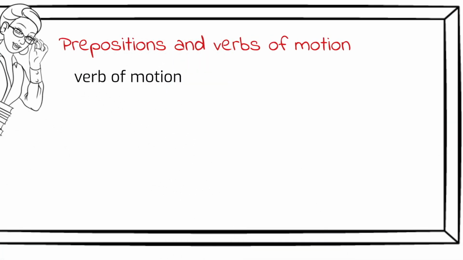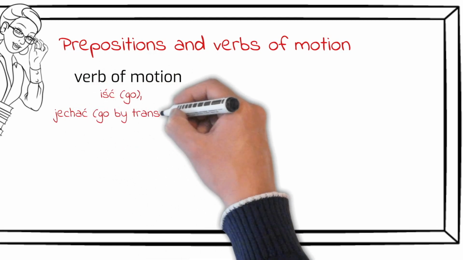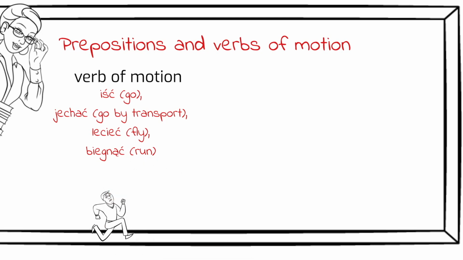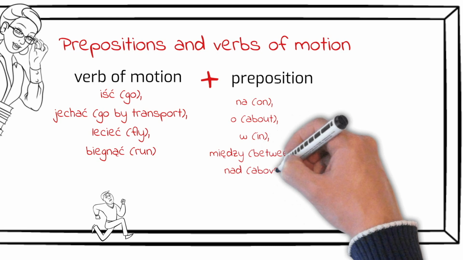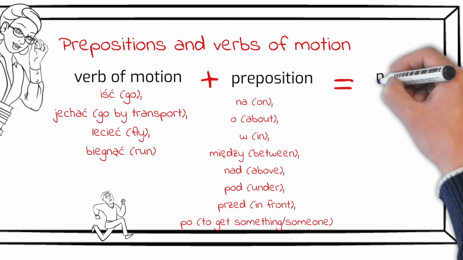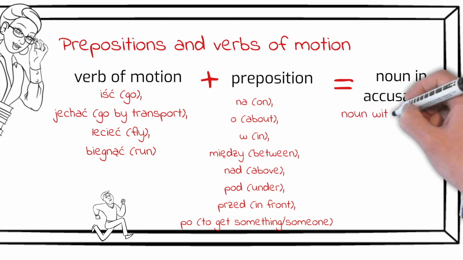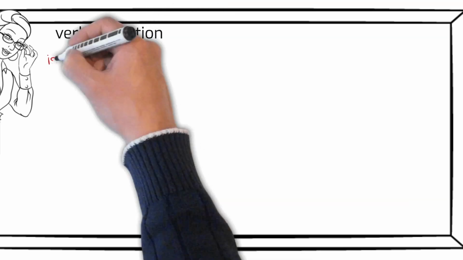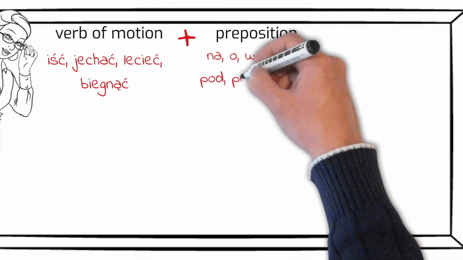So what are the verbs and prepositions of motion? Let's see some examples. Iść, jechać, lecieć, biegnąć. As we can see, all of these express motion. When we add our preposition na, o, w, między, nad, pod, przed, po, we will end up with nouns in the accusative case. Let's put our equation on the board swiftly